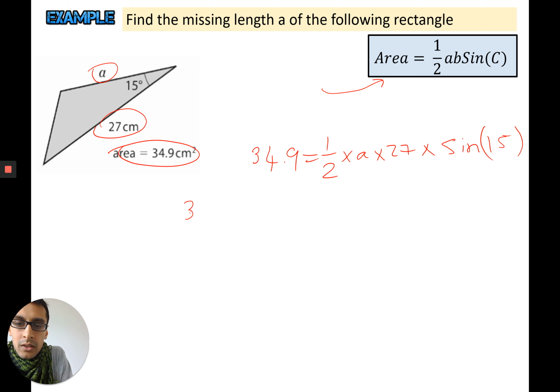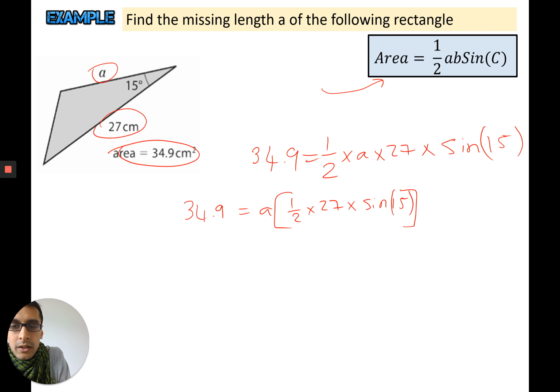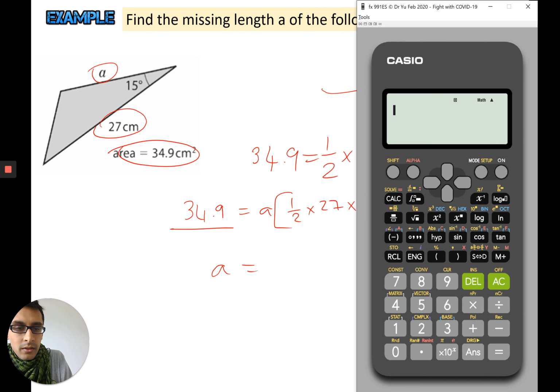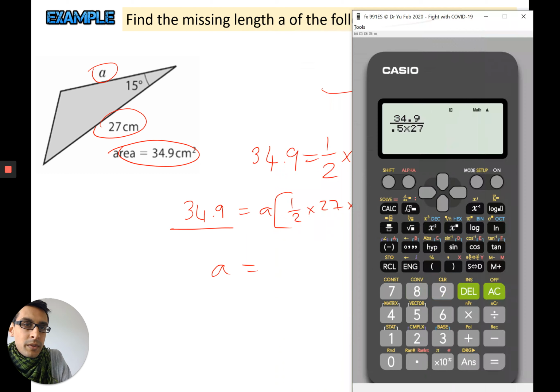So it's 34.9 equals A times half times 27 times sine 15. You can then divide 34.9 by what's in the square brackets, and you end up with A is equal to,